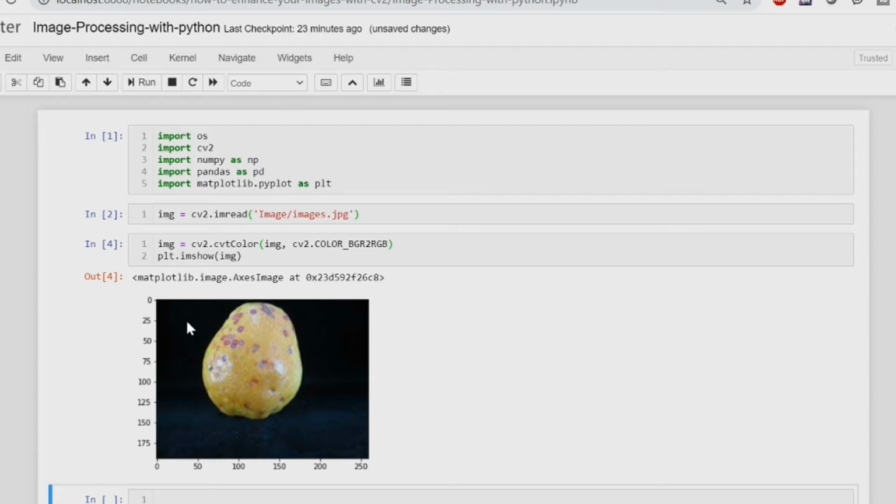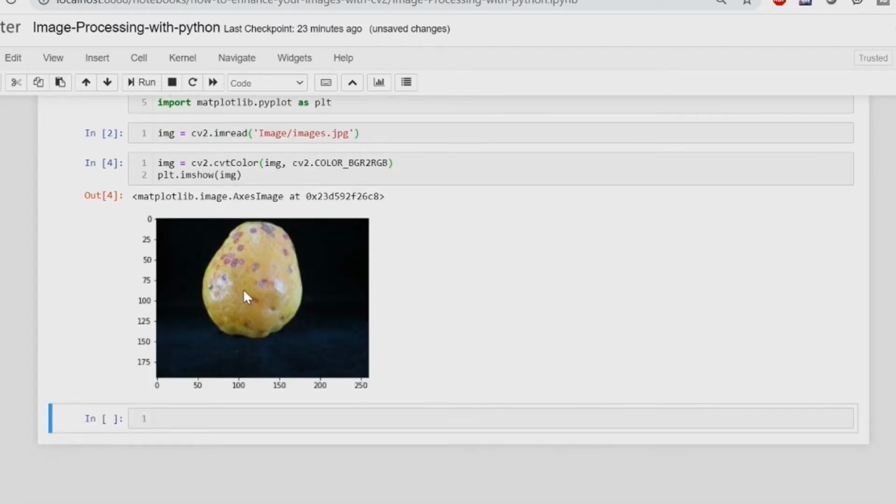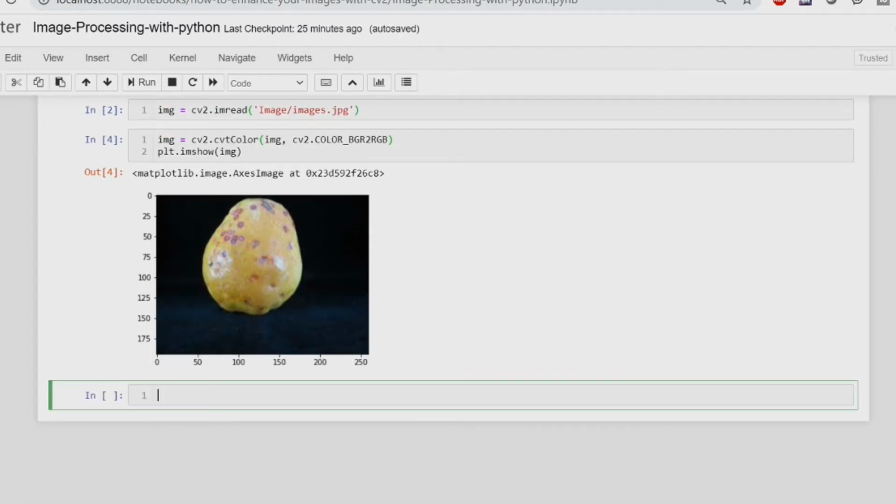For getting the contours out from the image, you need to convert this image to a binary type of image. I can show you how the binary image looks. For creating a binary image, we need to provide some thresholds, so I'm going to give two thresholds over here: the lower value of light and the higher value of light.